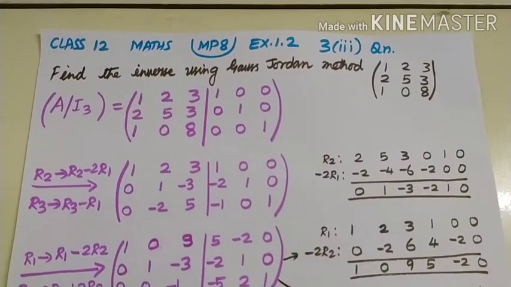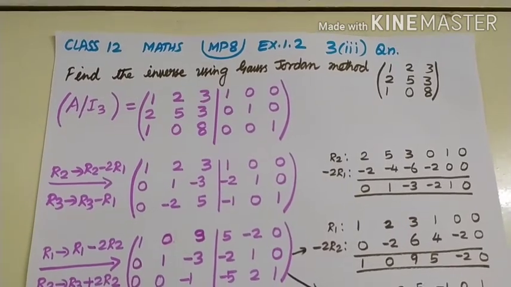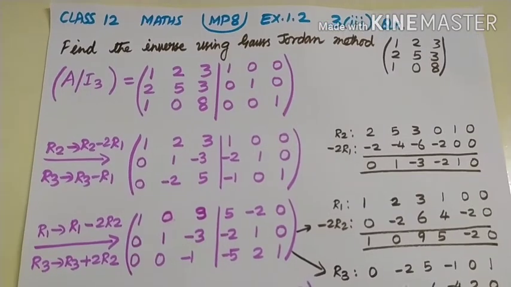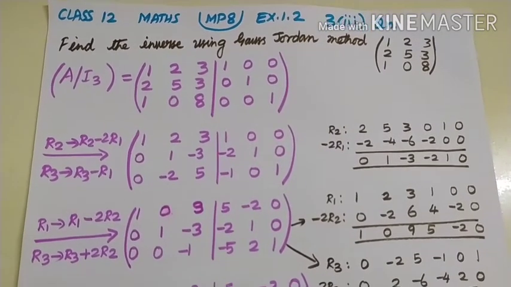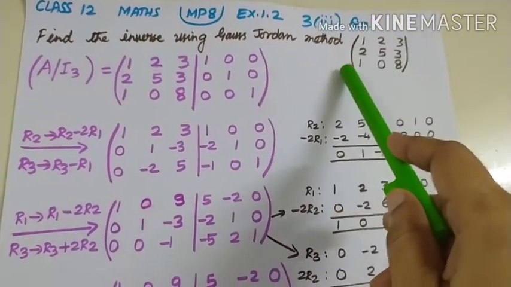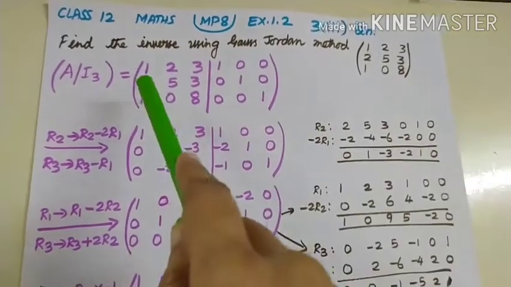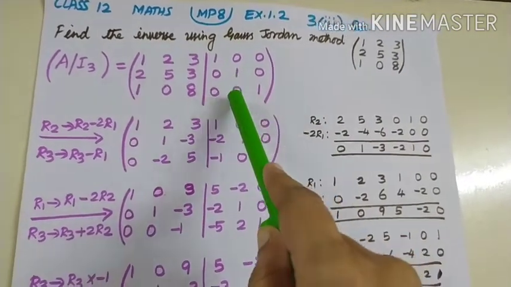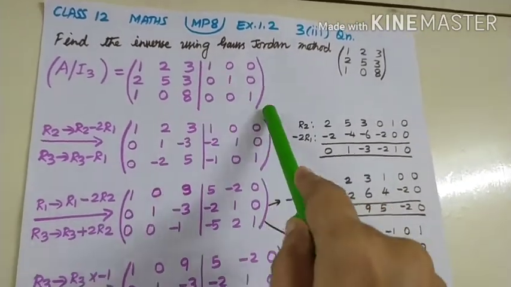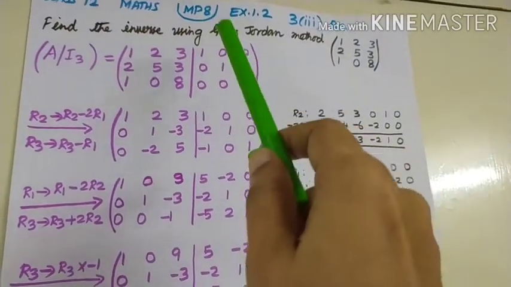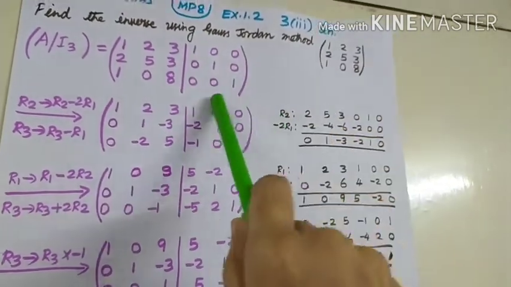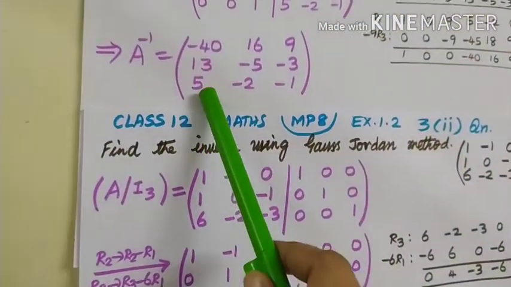Question number 3, subsection 3. Here we are proceeding to the next method, Gauss-Jordan method. Here we are finding the inverse of it. So for finding the inverse, the given matrix has 3 rows and 3 columns. So write the 3 rows and 3 columns. Immediately write I3. What is I3? Unit matrix, 3 rows and 3 columns. Now my step is, I want to bring the unit matrix on this side, and whatever is coming in the second part is called the inverse of A.